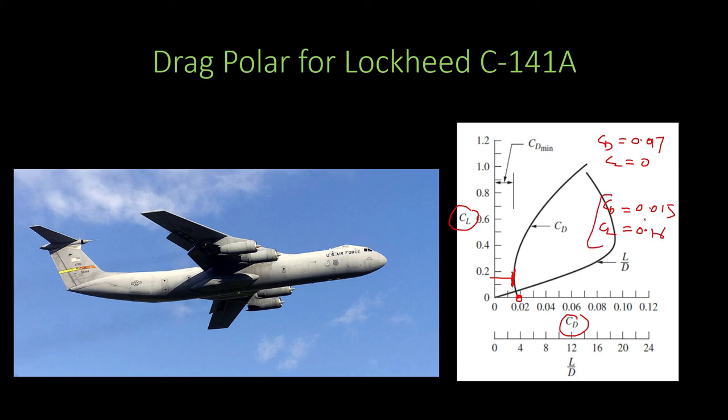So clearly we can see that CD naught is not the minimum CD, and minimum CD is coming at some positive CL value. This is happening because of the following reason. Generally we see that for a cambered airfoil, the alpha lift equal to 0, that is the angle of attack at which lift is 0, is some negative angle. So if we fly at some negative angle of attack, we have some amount of form drag. At negative angles of attack, form drag will be a little more than at the angle of attack where alpha is approximately equal to 0, and that is the reason why CD minimum is happening at some positive value and CD naught is actually a bit higher than the CD minimum.